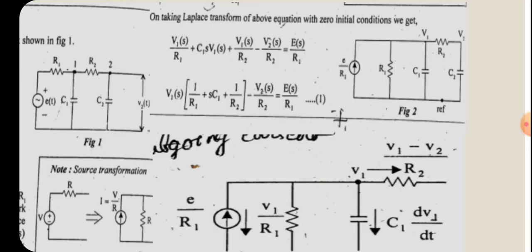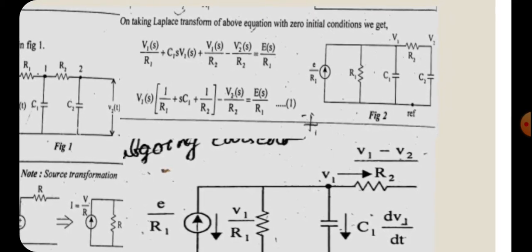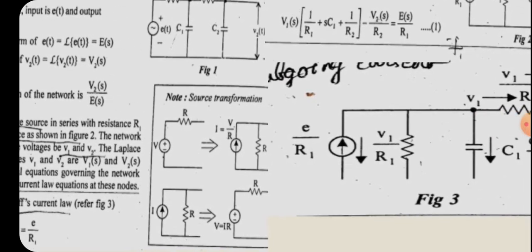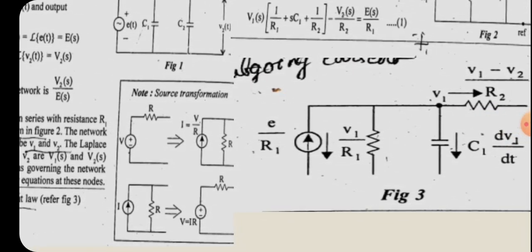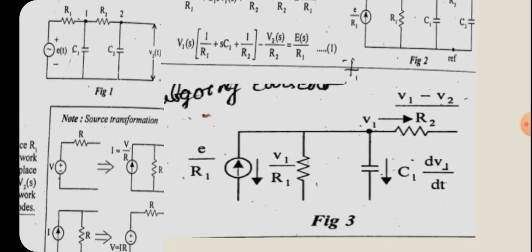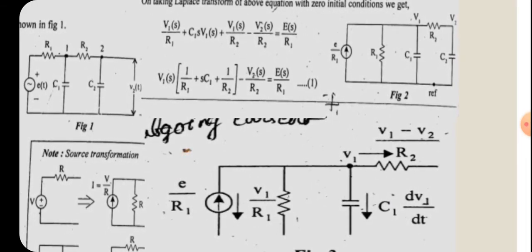Okay, so we can start analysis at node 1. Node 1's corresponding voltage is V1. Okay, you got the idea? So we start with node 1, that is V1, and this is the nodal diagram for node 1. You can compare figure 2 and the last figure, figure 3. At V1, the components connected are C1, R1, the current source, and also resistor R2. You can see that the current direction is also marked.